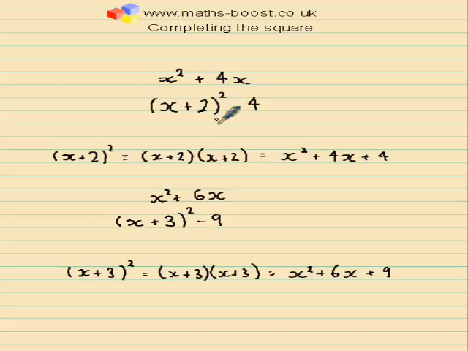After you've done a few of these, you'll see a pattern emerging. It's quite straightforward completing step 1, as we've seen, but what you'll see is the number that you subtract is always the square of this number in the brackets. So I square plus 2 and I get 4, so I subtract 4. I square plus 3 and I get 9, so I subtract 9. So if I write down another example here,